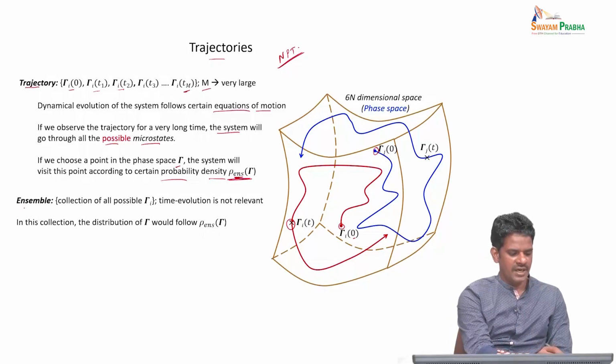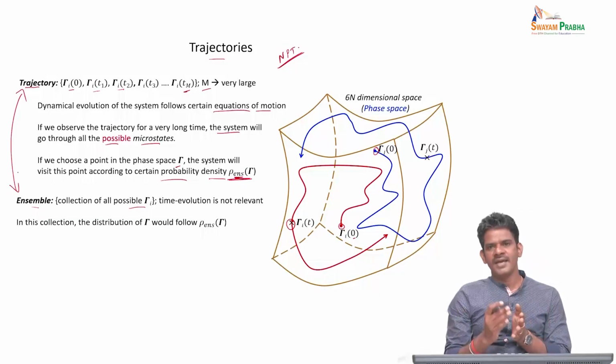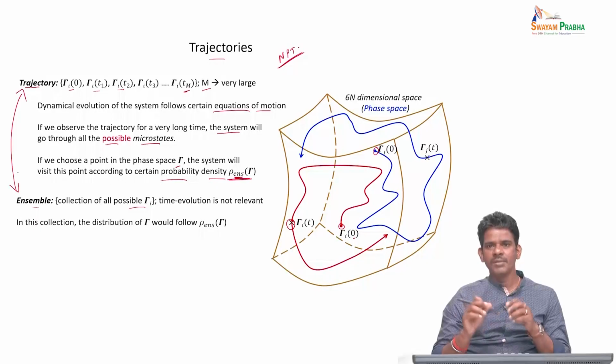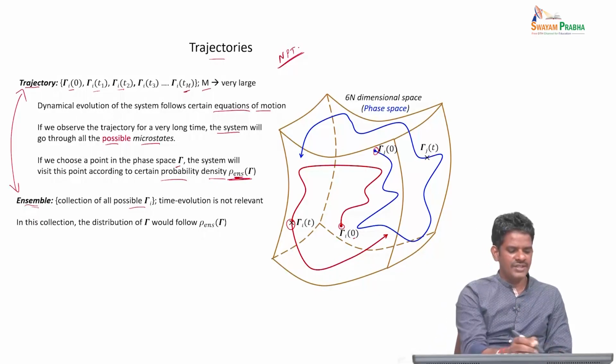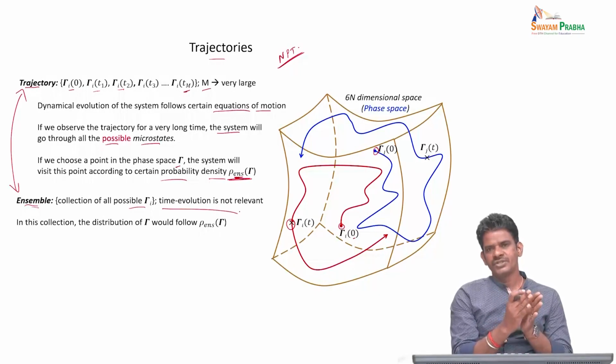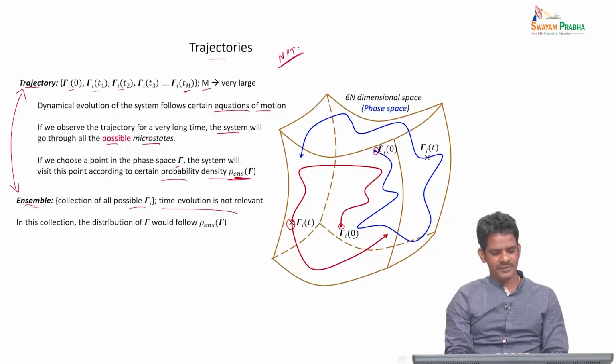Like I said before, an ensemble is a collection of all possible microstates. Essentially the trajectory and ensemble are the same thing, because in a trajectory we were also talking about a time sequence of all the microstates, a very large collection of microstates. An ensemble is also a collection of all possible microstates, but the only difference is that in the ensemble the collection may not have any time information. We are not necessarily arranging the microstates in time sequence, we can mix them in whatever fashion we want, so the time information is lost. You're looking at only all possible configurations or microstates of the system. That's the only difference between trajectory and ensemble.